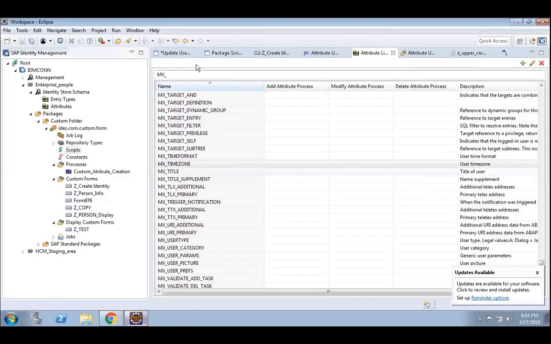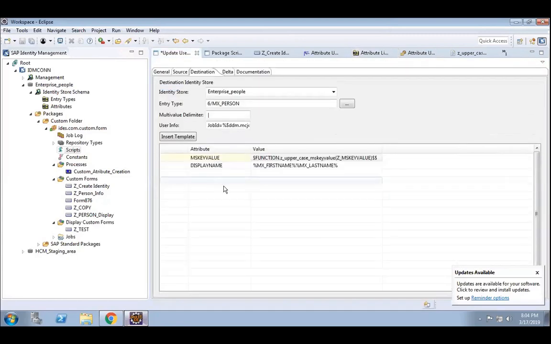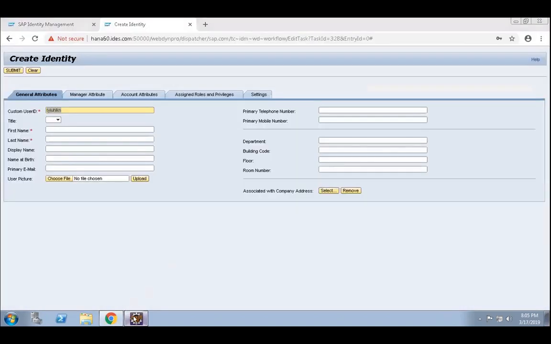So the time zone, mx underscore time zone, right? So what I can use is mx underscore time zone. I am giving GMT UK. This is a pretty standard time zone. If it is present in the database, this time zone can be taken from the database.